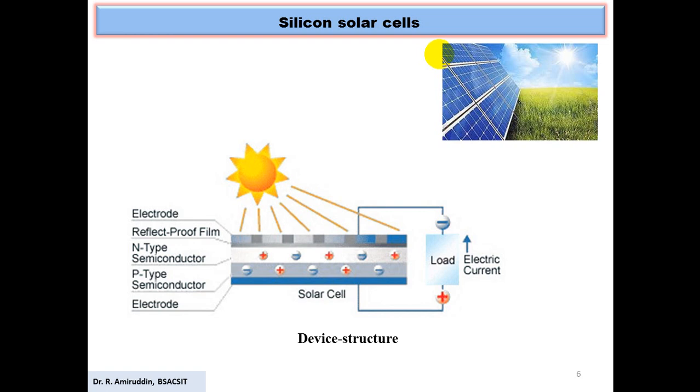Such panels have many solar cells, with P-type and N-type semiconductors using silicon, and when the sunlight is illuminated upon these solar cells, it generates electron and hole pairs, and these electron and hole pairs will be collected as an output towards the load, and that creates the electric current.